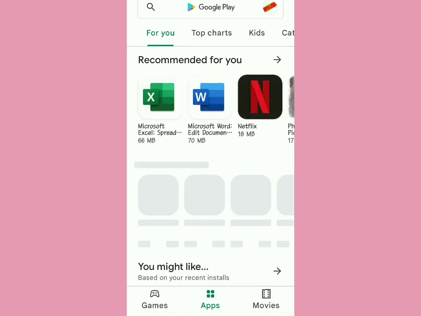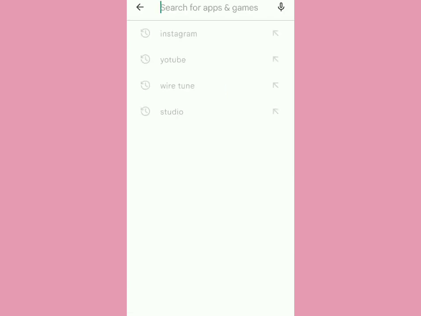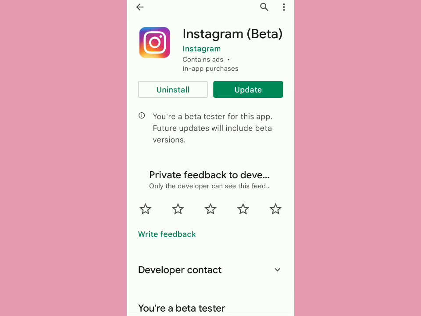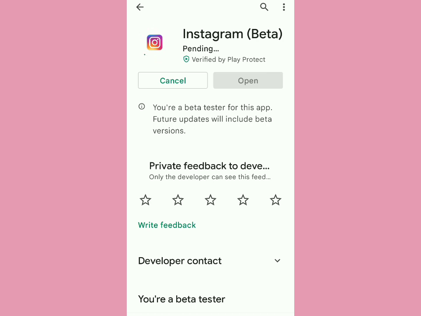One of the things that I think would be the problem causing this feature not to be available on your Instagram is not running an updated Instagram application. So what you have to do is make sure you update your Instagram application. Go to your Google Play Store and update your Instagram and let it run the latest version from the Google Play Store. Then after updating